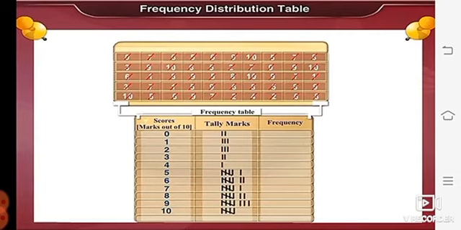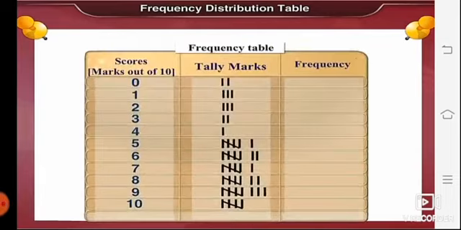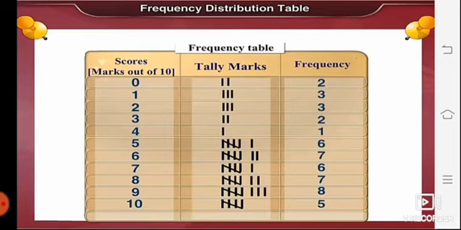Tally marks up to 4 are written as shown here. The fifth tally mark is written across as shown here and the next group of tally marks is written with a little gap after it. Example 7. After reading all the scores, the frequency table will be as shown here. Now we will count these tally marks. Write the number of scores in the third column. Each of these numbers is the frequency of the corresponding score.